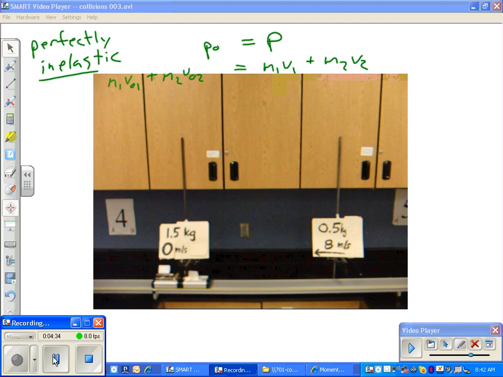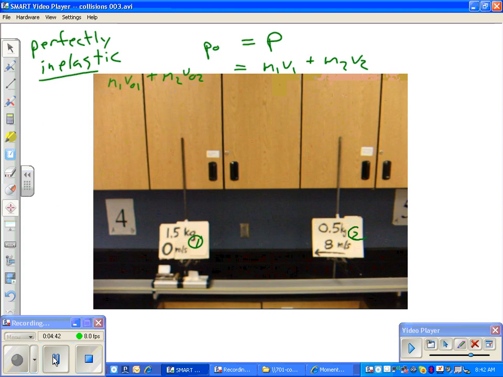So mass 1, we can call mass 1, I guess we'll just start with this one. We'll call this 1. We'll call this 2. But mass 1 then is 1.5 kilograms. And the velocity here is 0. And then mass 2 would be 0.5. And the velocity here would be,